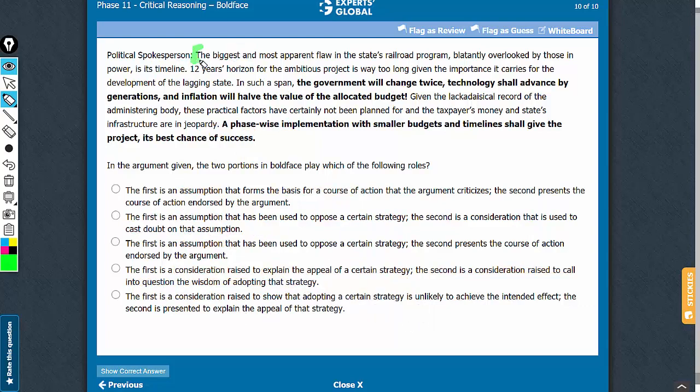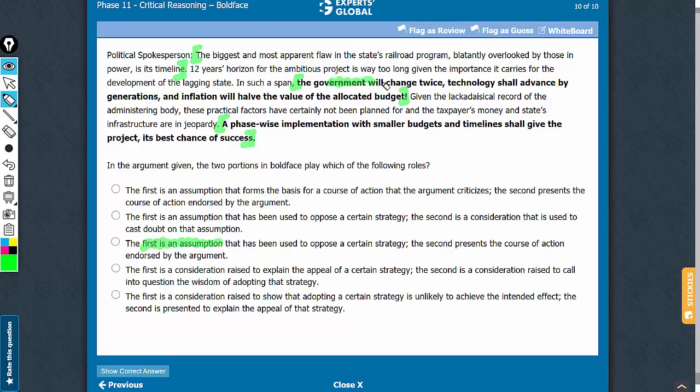Let's confirm answer choice C now. We know that the argument is against this strategy. This is the conclusion. The first boldface gives a reason for the criticism of the first strategy and therefore it supports the second strategy. The second boldface suggests a better strategy that has been supported by the first boldface as well as by the argument.